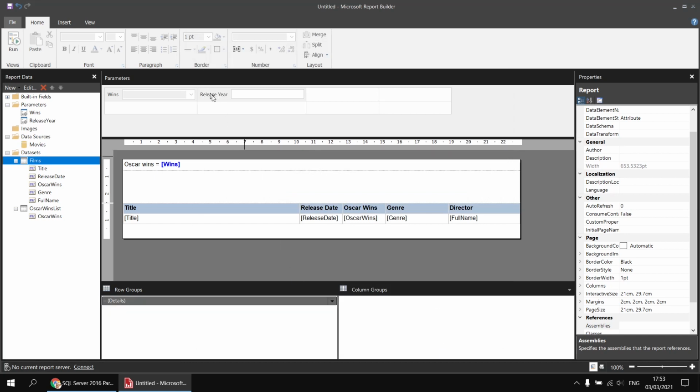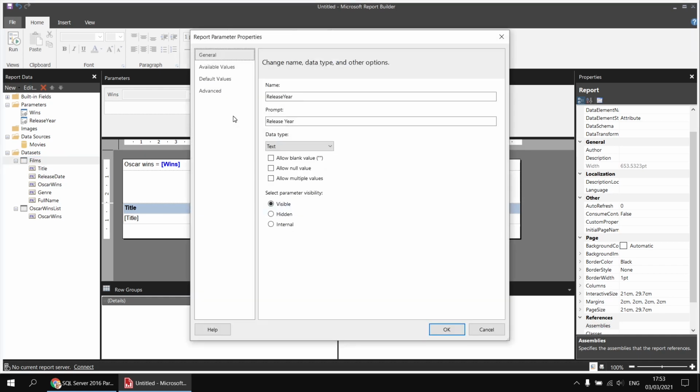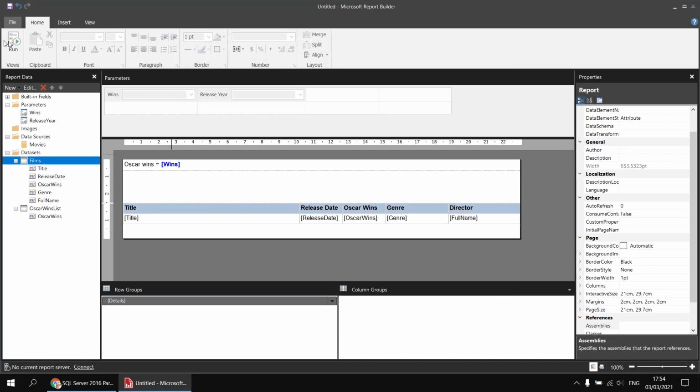My new parameter gets created, or a corresponding report parameter gets created to match the query parameter. I can then double click on that to make a couple of small modifications. I'll change the data type to an integer, so the year function returns a whole number. So I'll compare that with an integer field, an integer parameter, and then I will also allow multiple values, and then I can click OK, and then when I run the report,